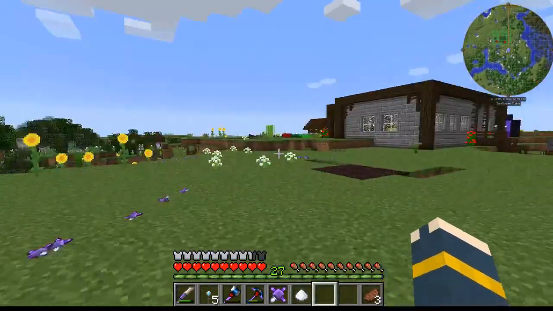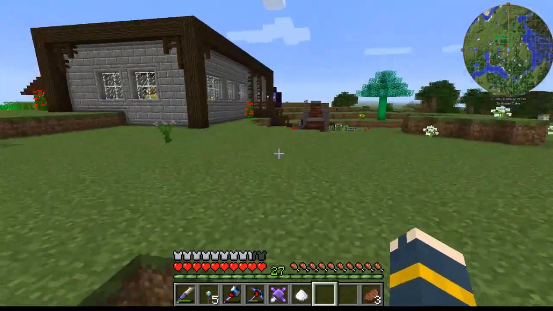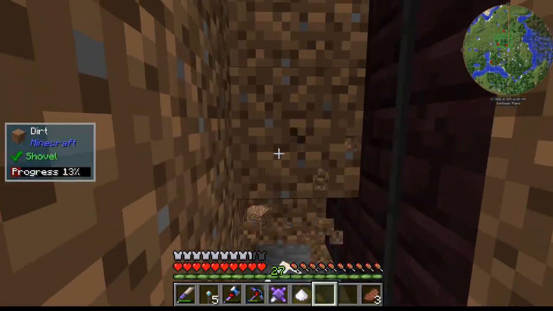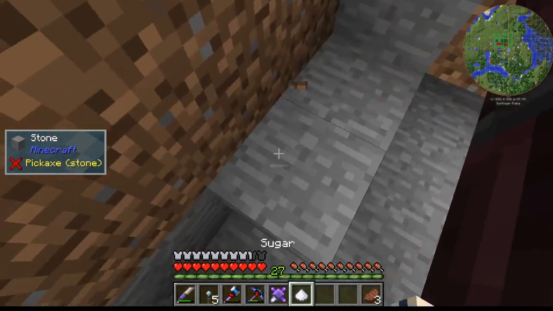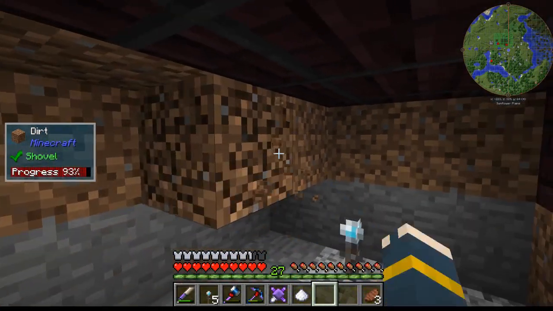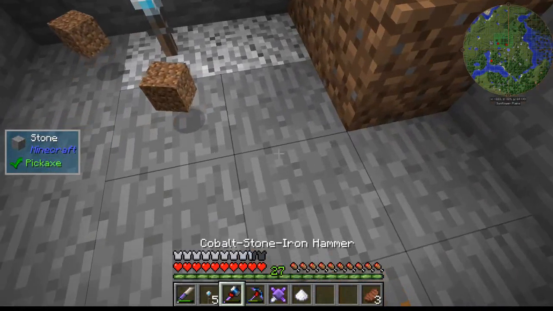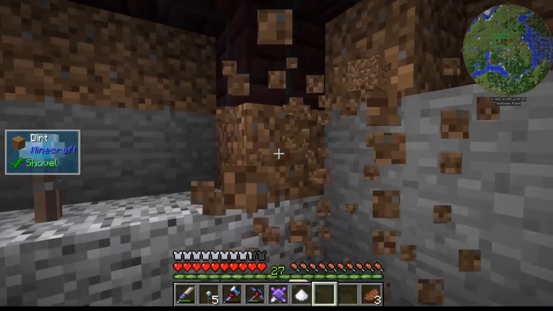Now that I have the alloy smelter, I can also finally make an XP obelisk, so I can save my XP instead of losing it every time I die. Alrighty. Super excited. The hype is real. Okay, so we're gonna need...